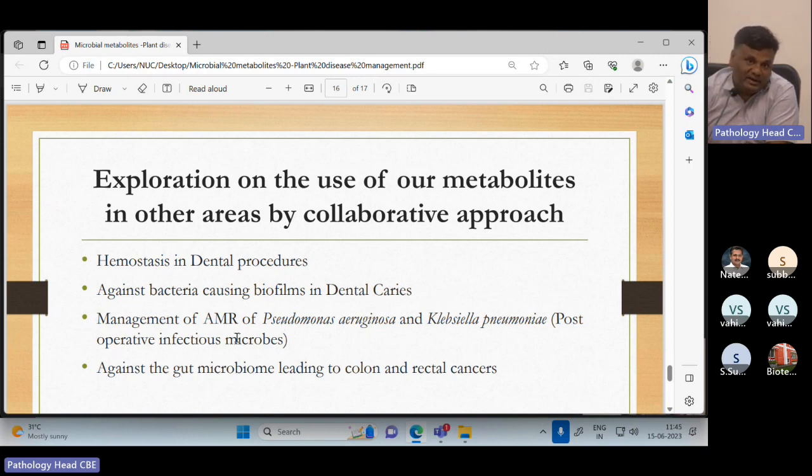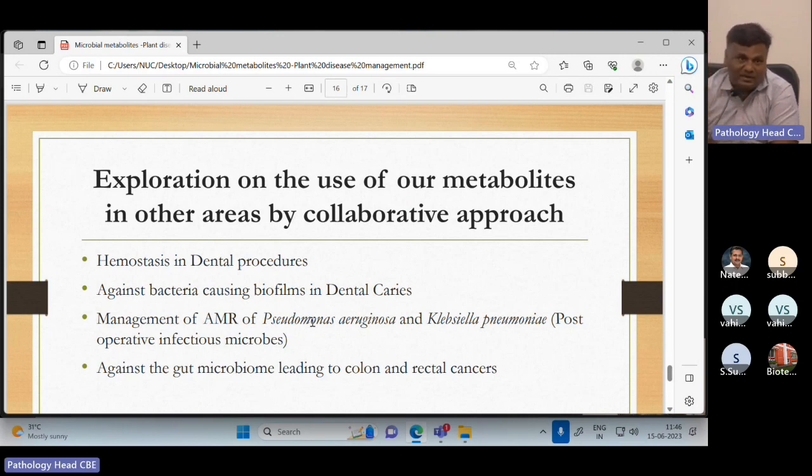So we are working on finding solutions for this AMR, because ours are soil ecosphere microbes, both fungi like Trichoderma, and Bacillus, and Pseudomonas. They are totally from a different environment. If you see the epigenetics also, Pseudomonas putida from soil and Pseudomonas from a different atmosphere will have totally different chemical composition. That is how epigenetics works. So we are giving those organisms to them. That is how they are interested in giving something to us also.